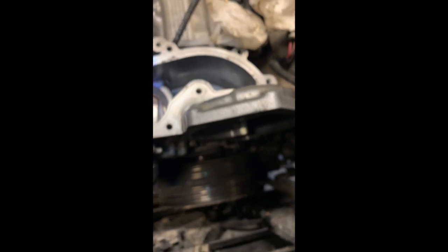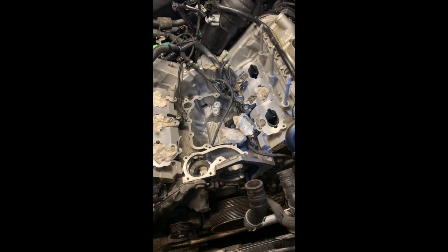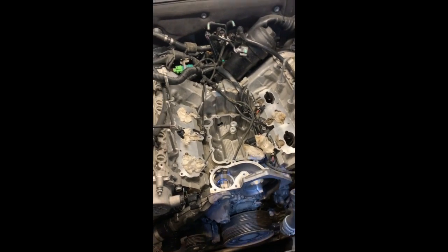It's a pretty messy job, but you can get it done as long as you have the patience and time and the love to put into something you like. So I put all of my love into it. I'll make sure I take my time. I want to make sure it's all done right. I'm not doing only the intake valve, I'm doing everything. I figure if I have the supercharger out, I might as well do everything else, and I have it in service position, so it gives you a lot more room to access